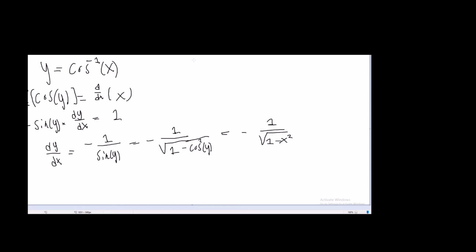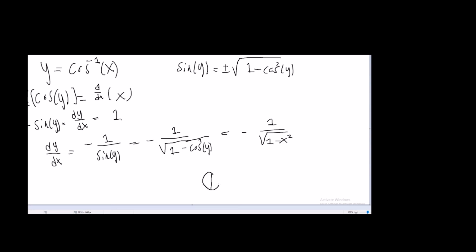And once again, when I solved this, I said that sine of y was equal to the square root of 1 minus cosine squared of y. Well, why didn't I put the plus minus this time either when I took the square root of both sides? Well, okay, because y is an angle. Since y is the inverse of cosine of x,